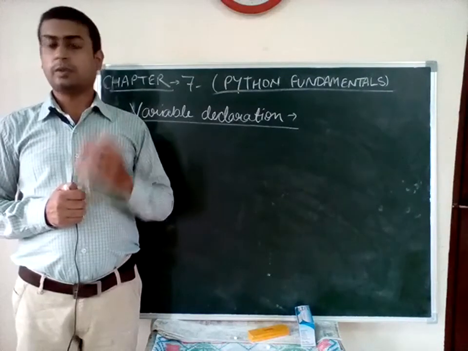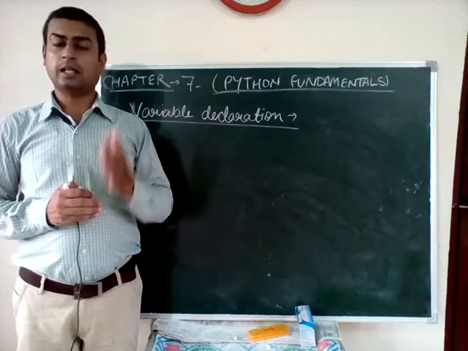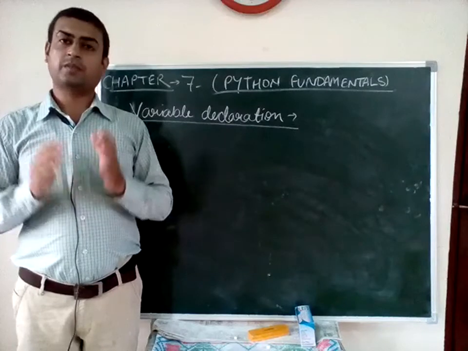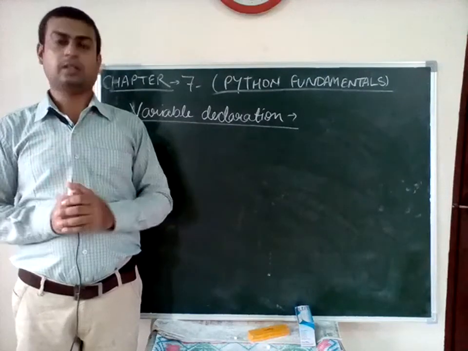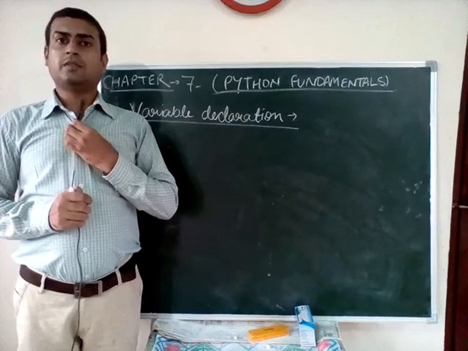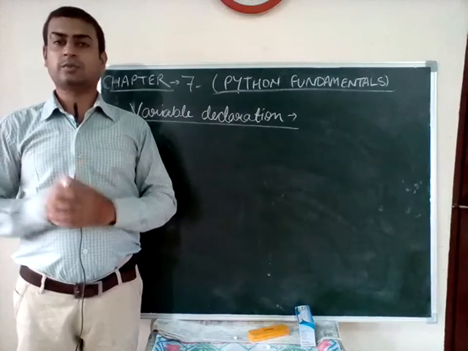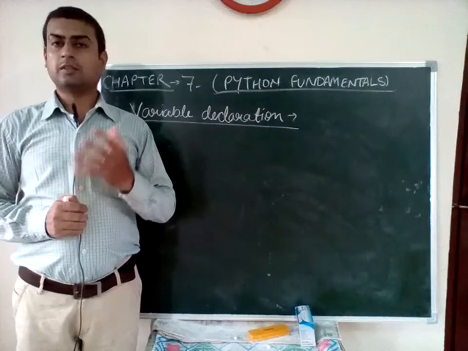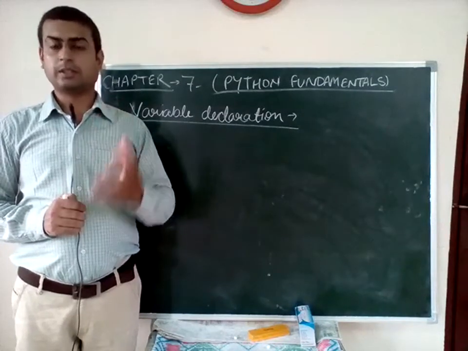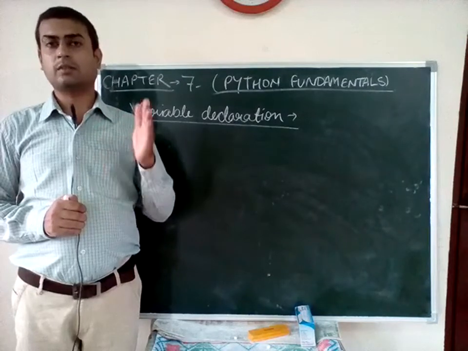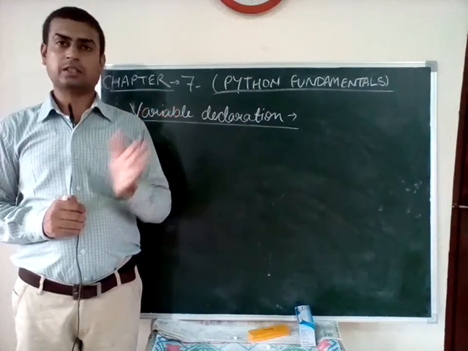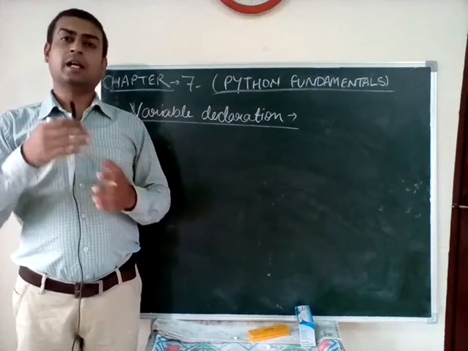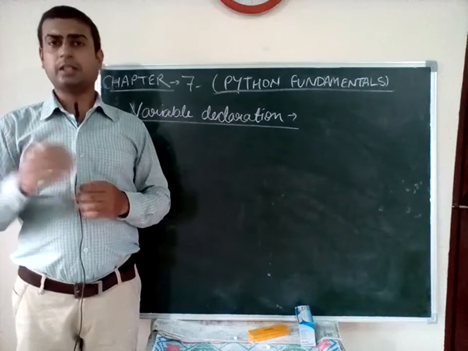Now, what is the scope? We will declare the scope with the help of indentation. Indentations are only the spaces which we give while writing the code. Indentation we will discuss thoroughly in a few coming lectures. Indentation is a very good concept: it is only spaces, one tab space, or you can simply give four spaces. That means you press the space bar four times, 1 2 3 4,